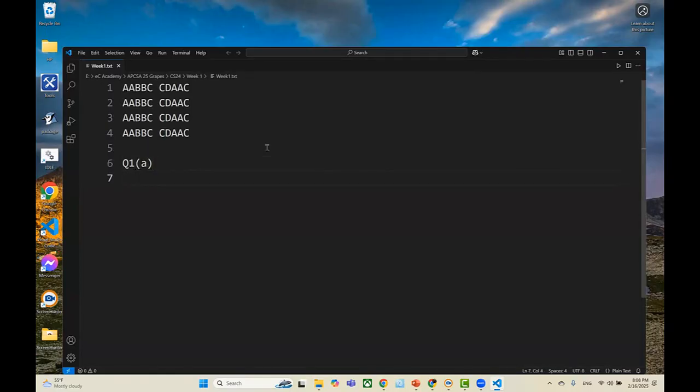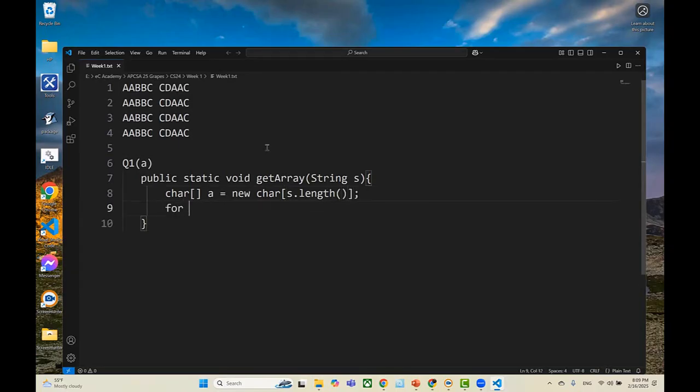Like part B: char array, A equals new char, length, and then for integer i equals 0, i less than length,